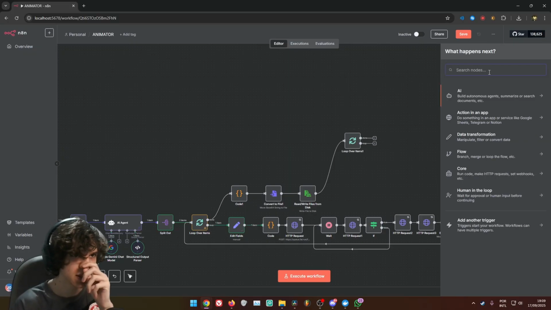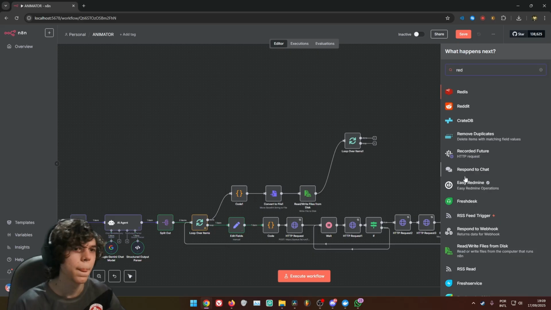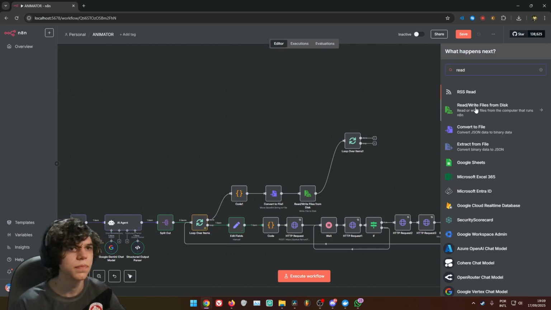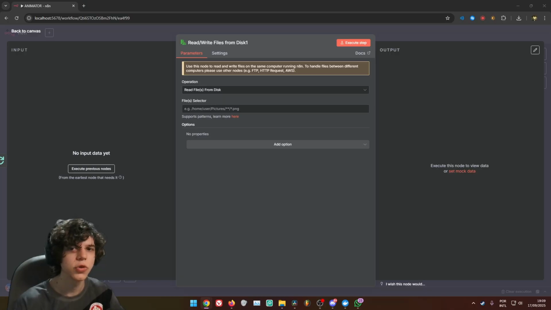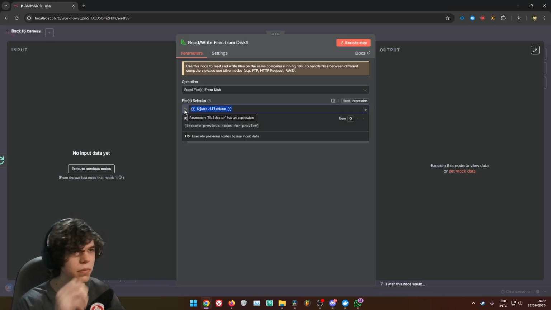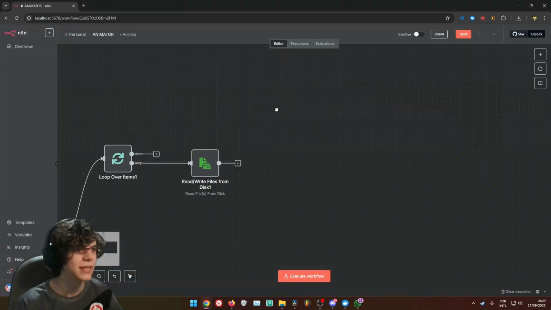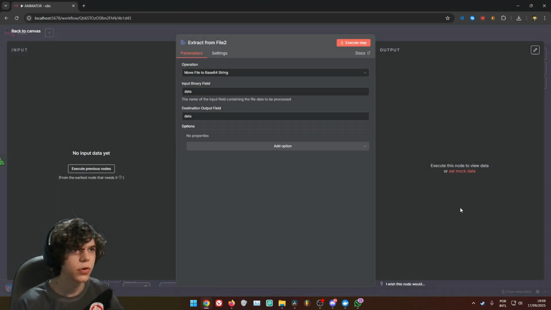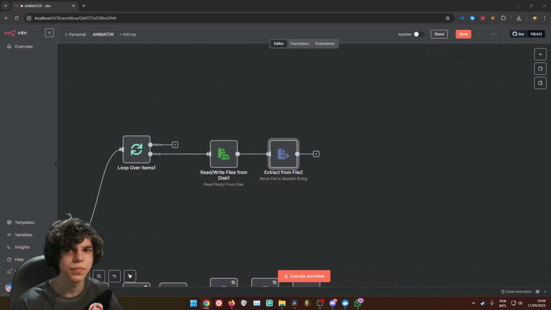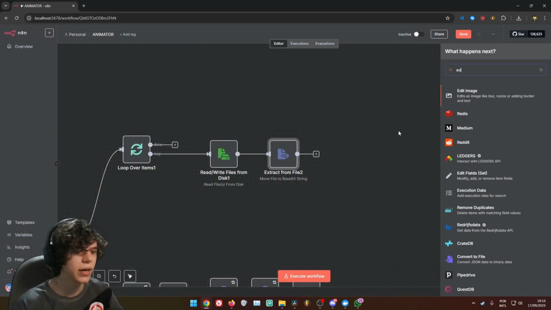Okay. First step, we're going to read files from disk, and we are going to read the folder that we just saw. So by doing JSON file name, it should work, okay, because we have the previous node of writing files to disk. Next step, we are going to extract from file, base64 to string, and here we can put data to data, like that. Next step, we are going to edit fields,